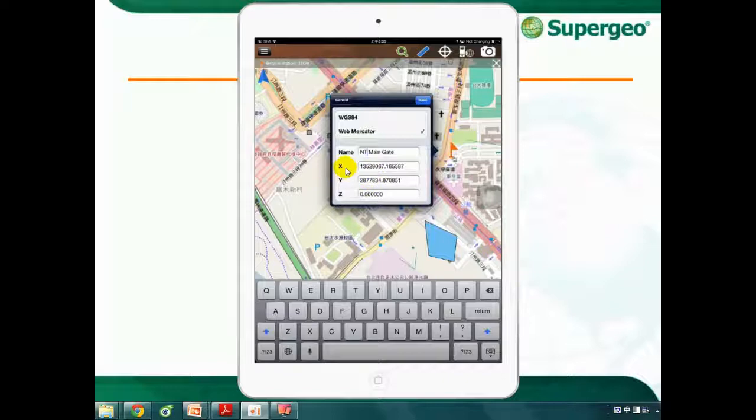And you can see the X coordinate and the Y coordinate are recorded here, and you can switch to the WGS84 or the Web Mercator. And tap on Save to create this waypoint. You can see here,